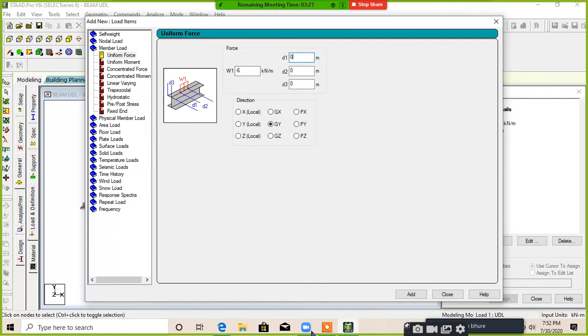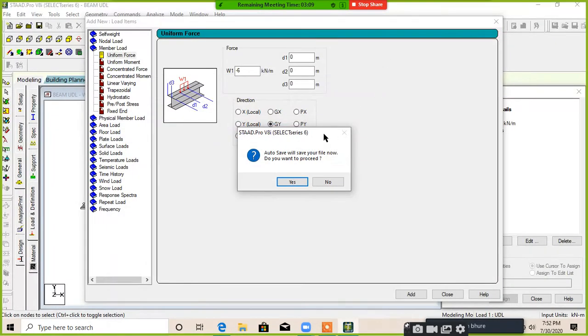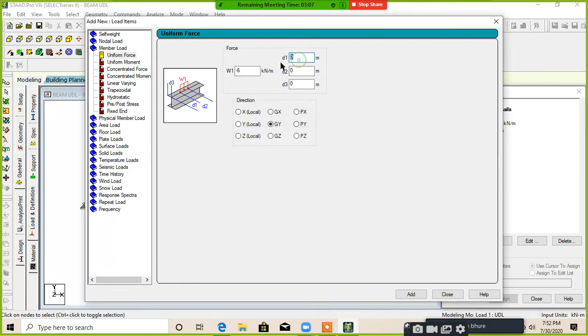What is D1 now? D1 is the distance from the start point of the beam to the start point of your load. You need to provide 2.5 at D1.